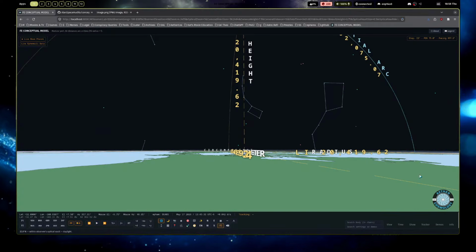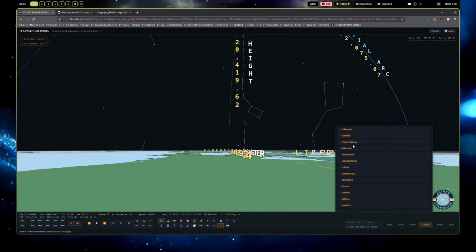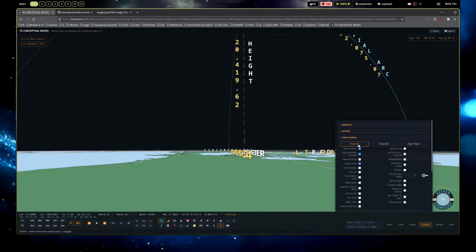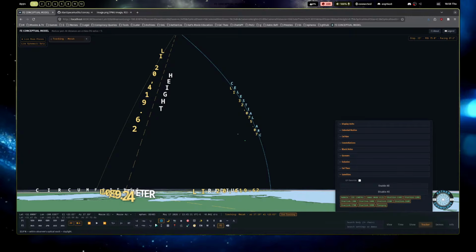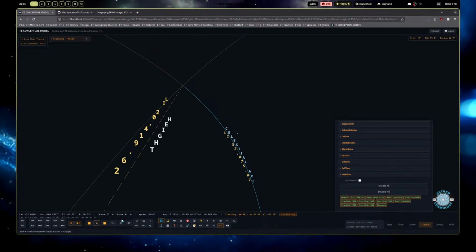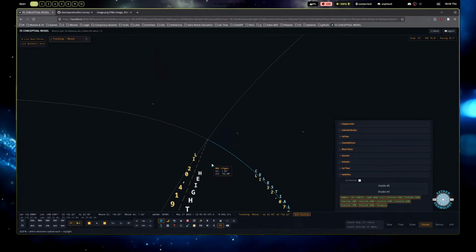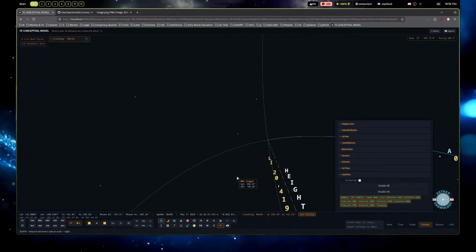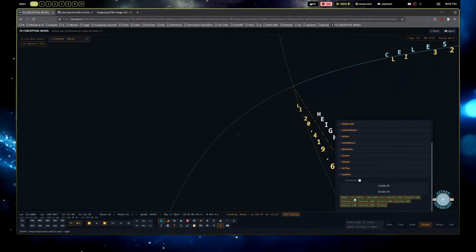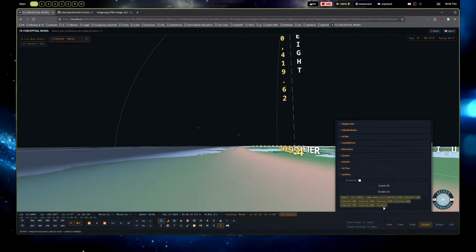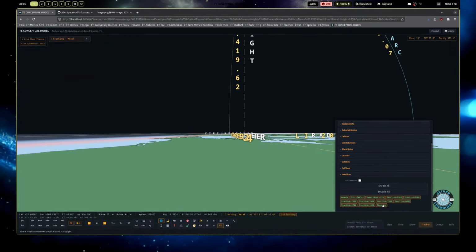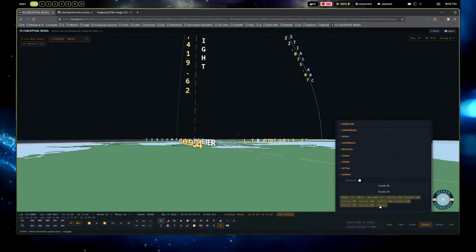So let me pause for a second. We'll grab a satellite, clear all, do enable all, and then there we go. We can see now they go pretty fast. These are some real satellite paths: we got Hubble, the ISS, the James Webb, and the rest are Starlinks, and then there's one called the Tiangong, but I think that's the Chinese ISS, if I'm not mistaken.